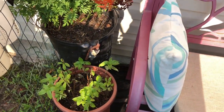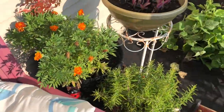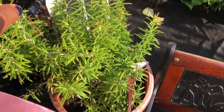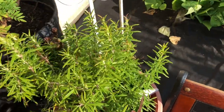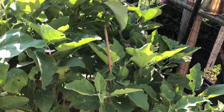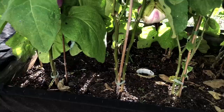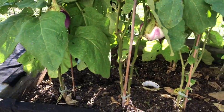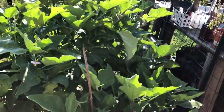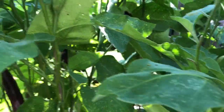So I did trim down the basil. The marigold came back. I finally watered them. As you guys see, that rosemary, I trimmed those up as well. All of my eggplants did survive. I did go ahead and clean the base. I do need to go out there and rake and clean the base up a little bit more, but the eggplants are fine. I have beautiful eggplants on the plant. If you guys can see through the jungle,